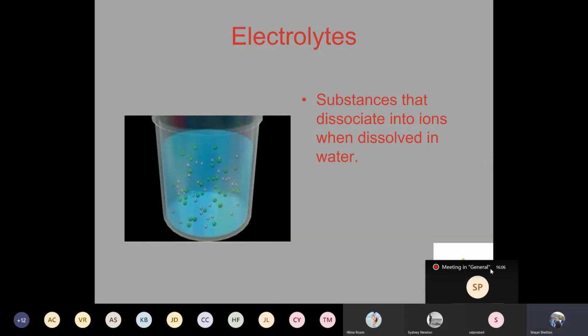First things first, what are electrolytes? When we hear the term electrolytes, we have to understand that electrolytes are substances that are dissolved into water. You've probably heard of Gatorade. That's where people typically hear this from. Gatorade replenishes your electrolytes, and that's true. Electrolytes are ions that are dissolved into solution, specifically, okay?